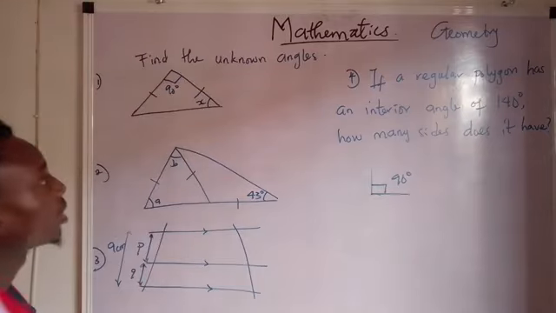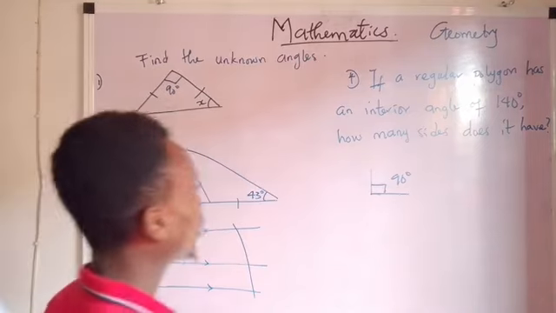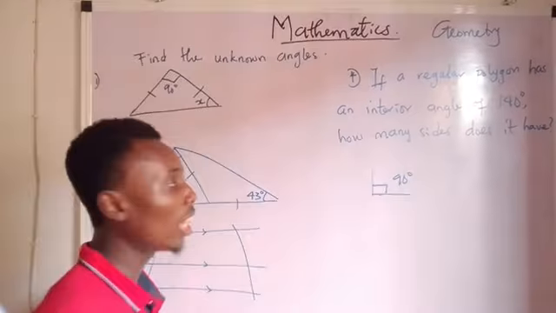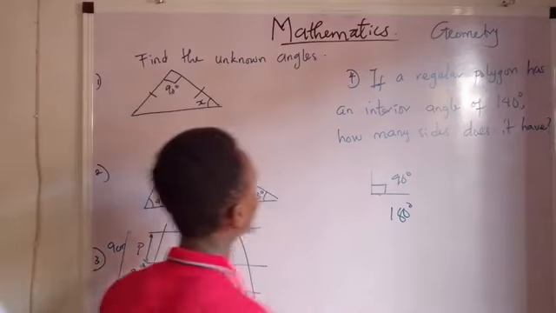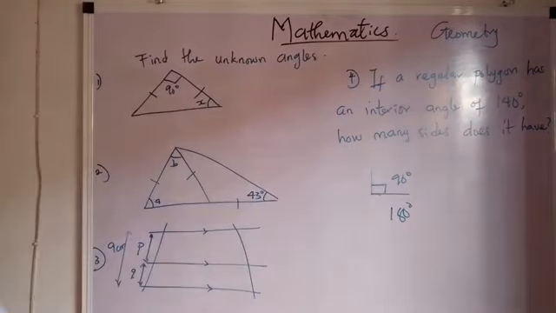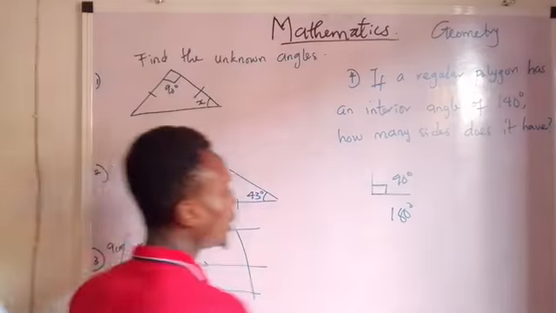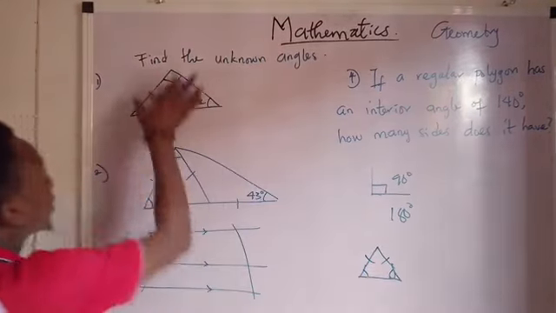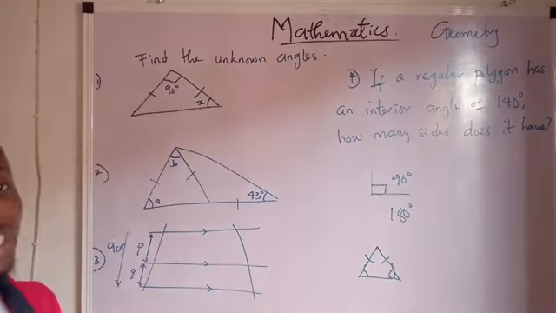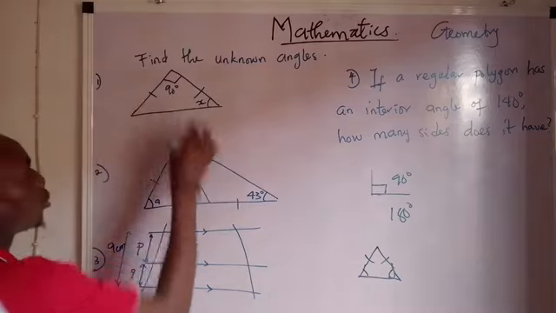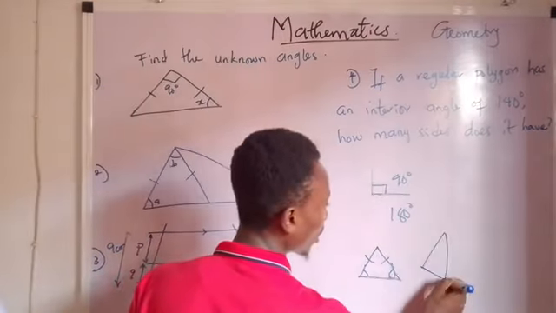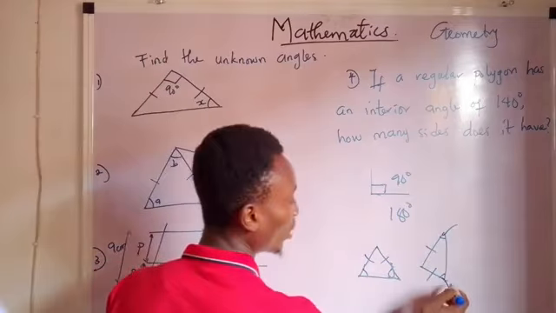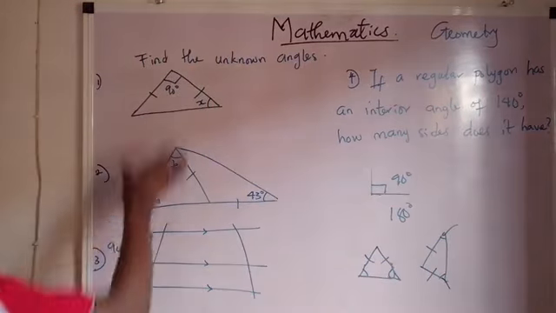And if this is 90 degrees, how do we find x? There's also a theorem I taught you in the previous video that says that the sum of angles in a triangle is 180 degrees. And another principle that says that the base angles of an isosceles triangle are equal. Now this line is the symbol for an isosceles triangle, and these are the base angles. If your isosceles triangle was like this, this one and this one would have been your base angles, but it's in this position, so this and this